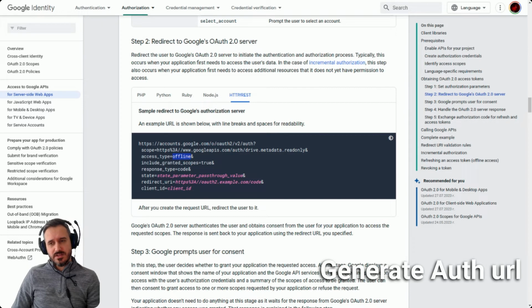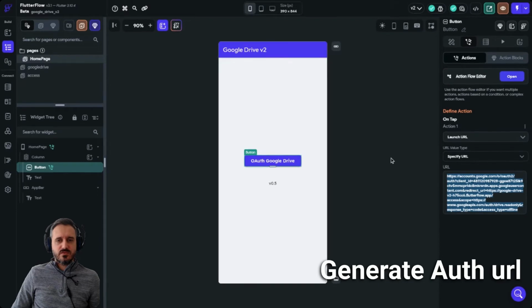So when the access token expires, we are going to use the refresh token to get a new access token. Then we have include granted scopes. Then we have the response type, which is code. Then the state, the redirect URL, and the client ID. So how does this look when you write it in Flow? If I switch to Flow,